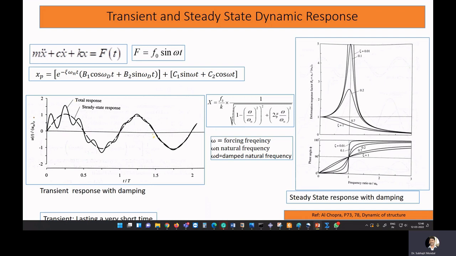Here we are going to discuss your transient response and your steady state response. If you have a system, for example a beam, and you are able to identify the mass matrix, the stiffness matrix and the damping matrix, then we can